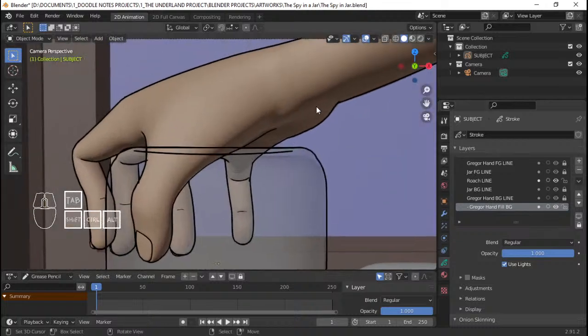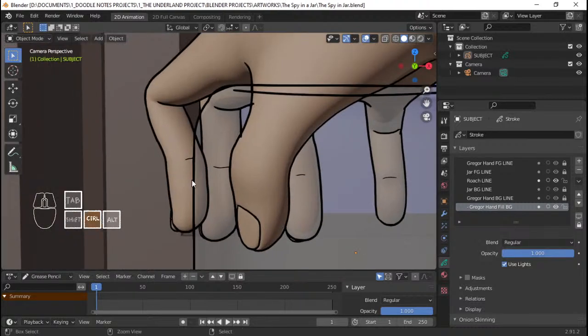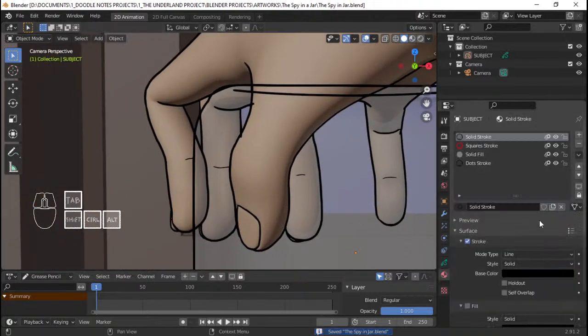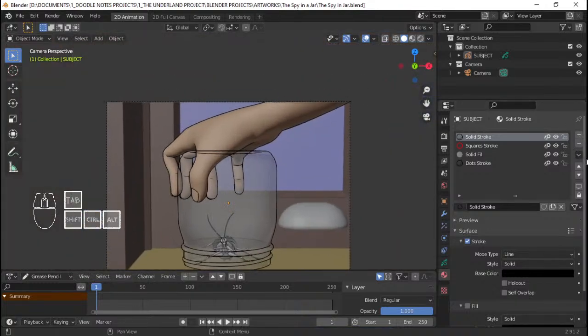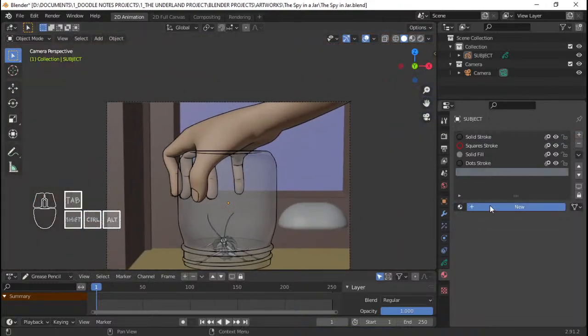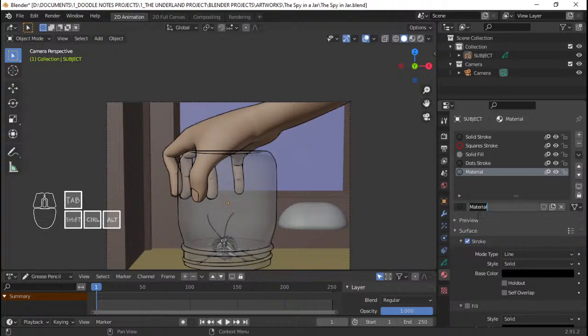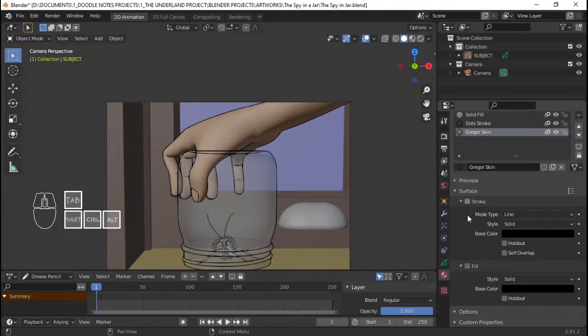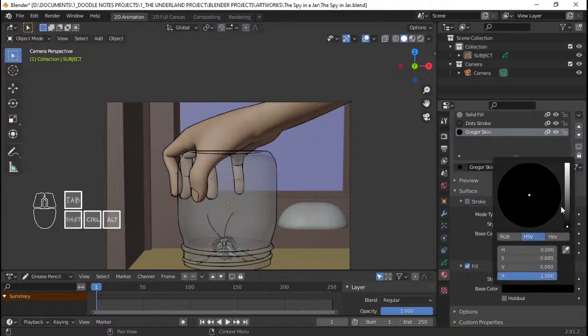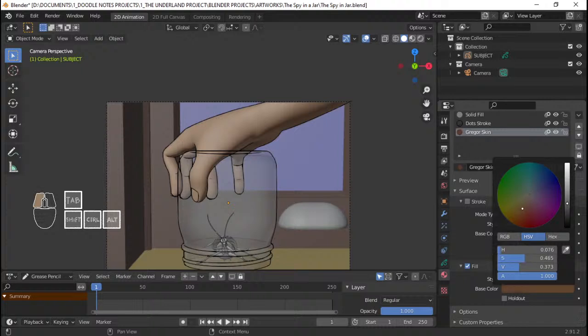But I think I'm gonna focus more on filling up this part right here. So yeah, let's do that. And to fill up Gregor's skin here, I'm gonna make a new material, rename this to Gregor skin and change it to a fill surface. And then I'm just gonna pick a brownish color,